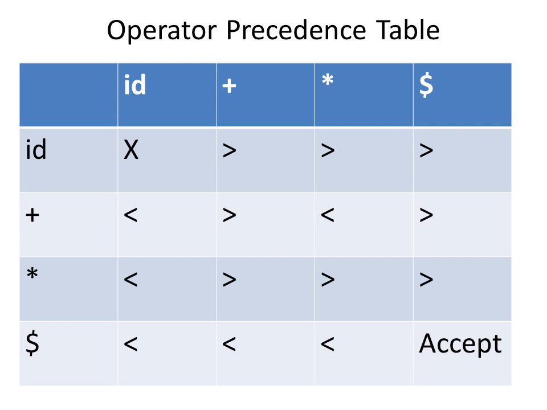ID and ID cannot be compared, so it is marked with a cross mark, that is X symbol. When you compare ID with plus, ID will always have the high precedence over all other operators. So when compared with plus, it is greater. When compared with star, it is greater. When compared with the dollar, it is greater.